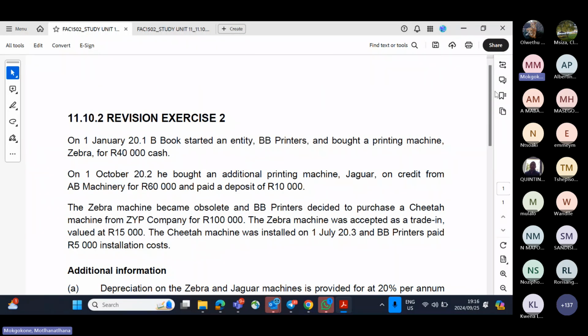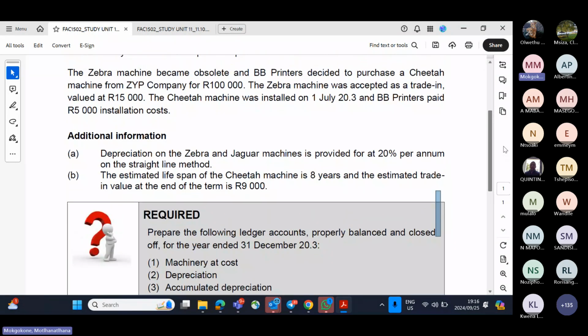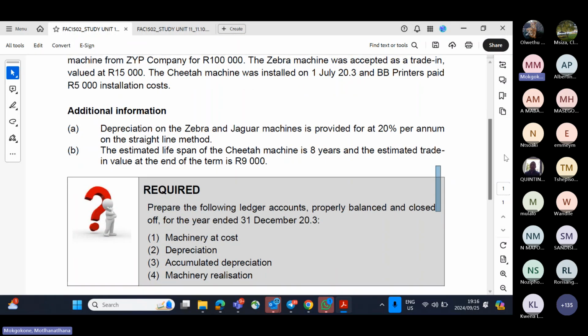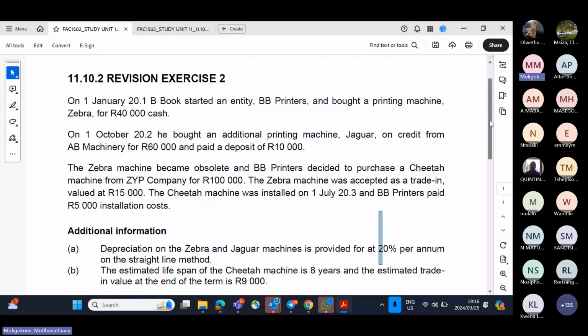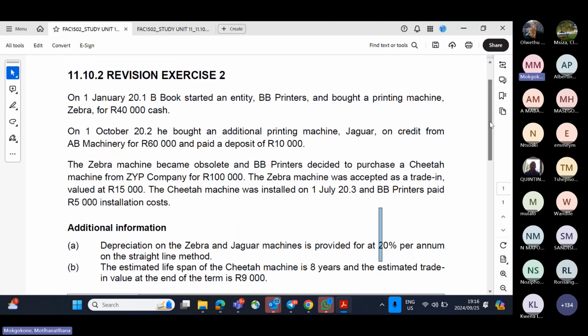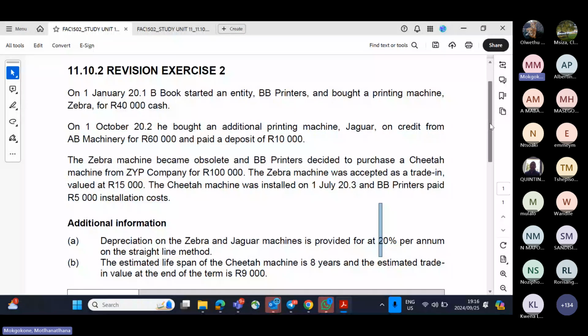Let me see. Now I must go to the required. The first required is saying prepare the following general ledger accounts for machinery at cost. Machinery at cost. How many machinery do we have here? We have the first one was bought here. What's the first machinery? It was the printing machine from